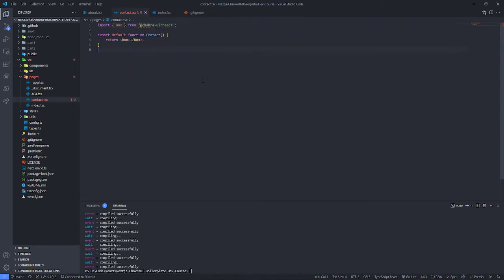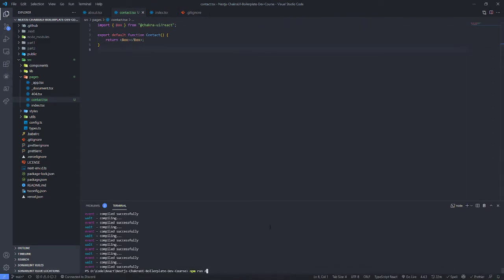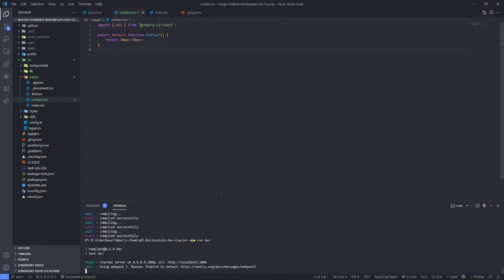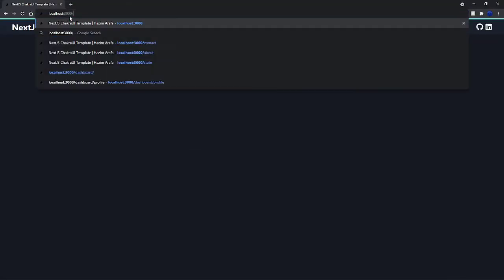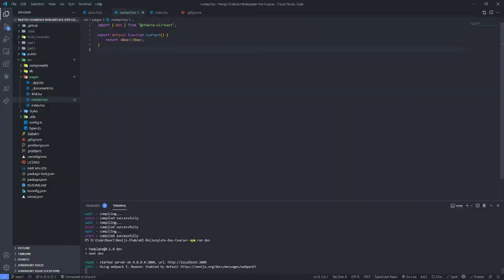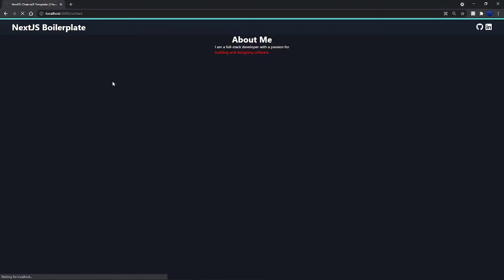There you go. Okay, so now if we go ahead and run our server, so npm run dev, head over to the page and go to /contact, because remember, that's the name right here. If we head over to that page,